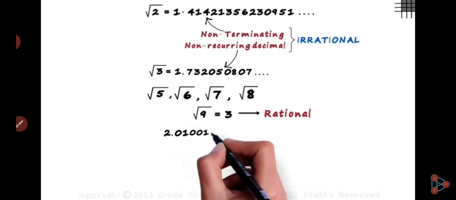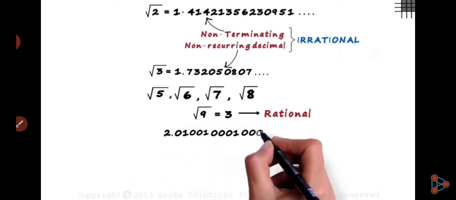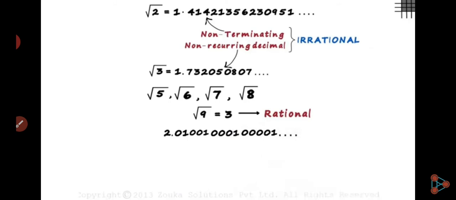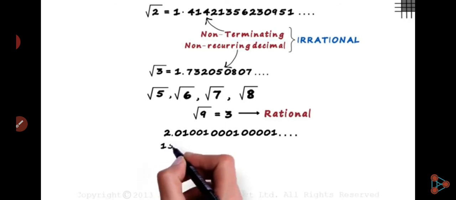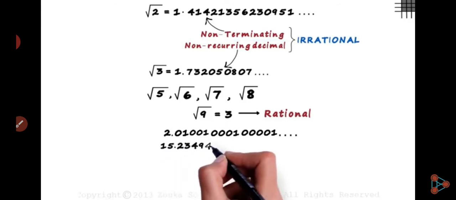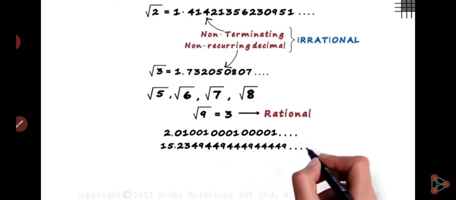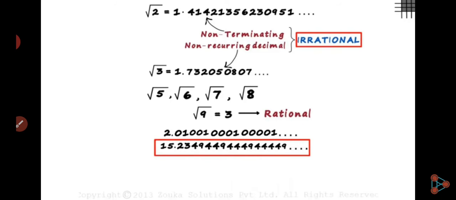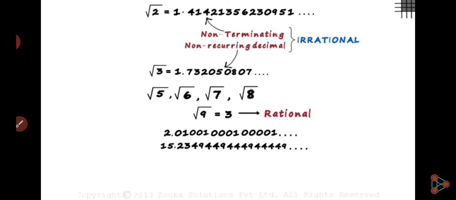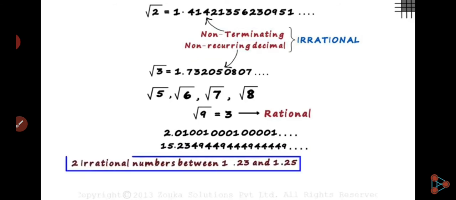Suppose see the number 2.01, 001, 0001 and so on. There is no pattern, meaning you don't see any pattern. So these are called non-terminating and non-recurring. Meaning here the remainder will never become zero, but it is non-terminating and non-recurring. This type of decimal number is called an irrational number, and when a number cannot be written in the form of p upon q, it is called an irrational number.